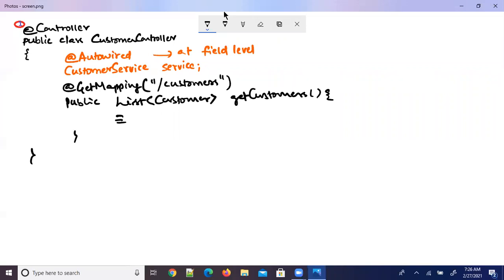And one more thing, when you are using this @Autowired annotation at constructor level, for example, you are writing multiple parameterized constructors, 2 or 3 parameter constructors.